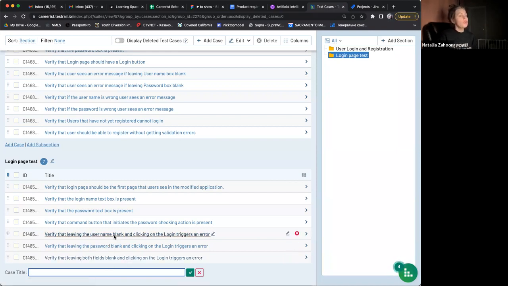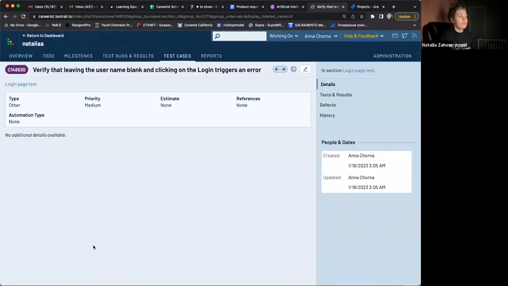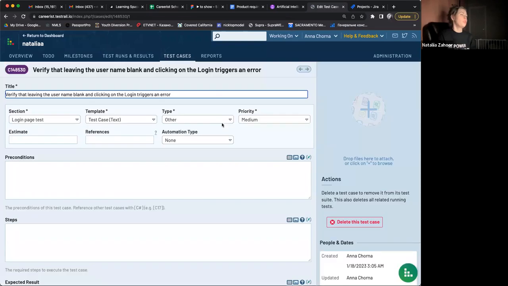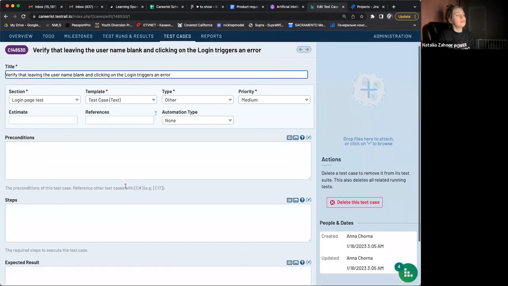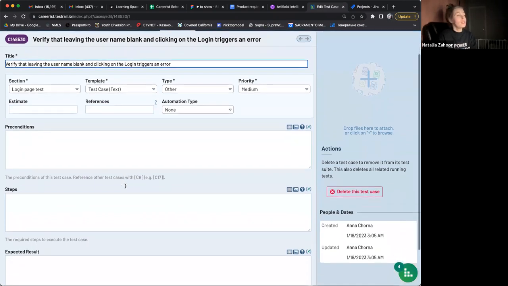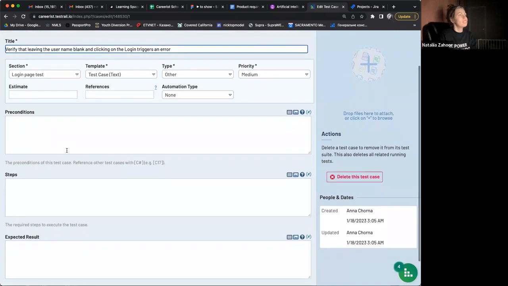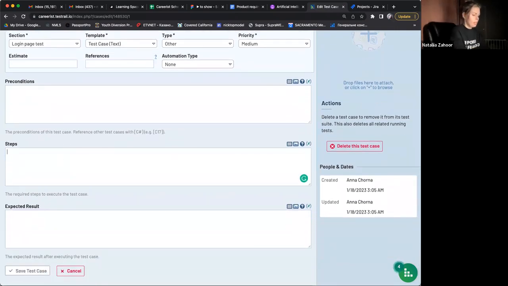So let's say you created this test. You have the names, and you can run them. They are correct. It's just you want to add some more steps. So let's say later on, next day, you sit and fill it out. You open it and you have the title already. So here we're leaving the username blank and clicking on the login button, and we expect an error. So preconditions, really nothing. Steps, same, will be